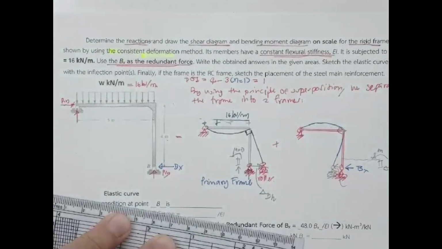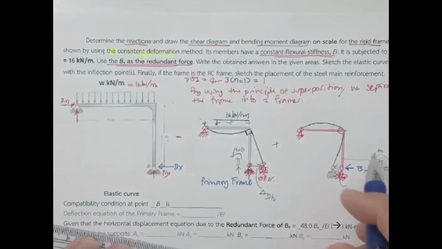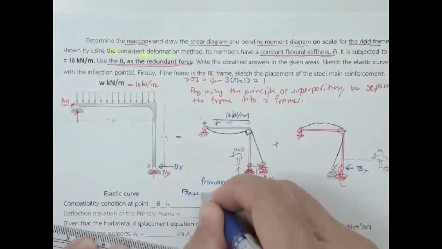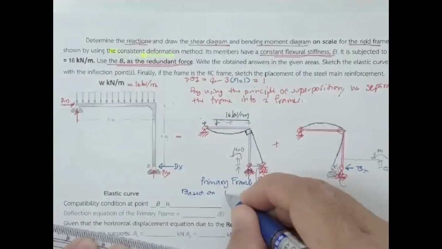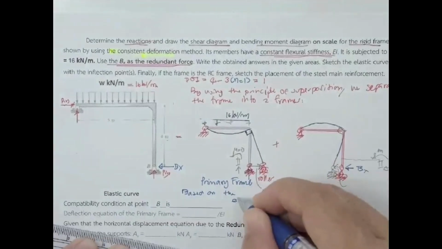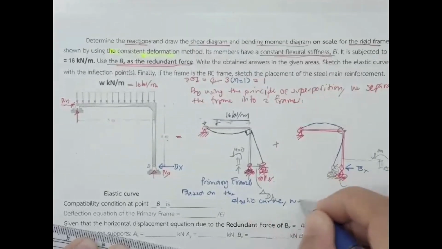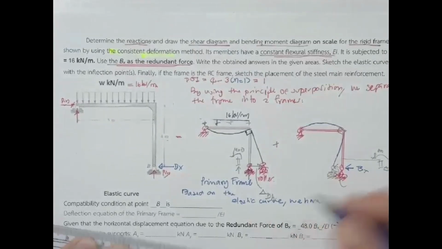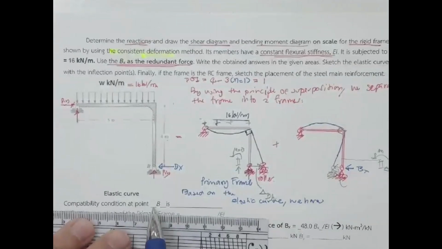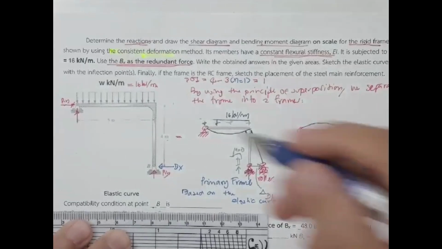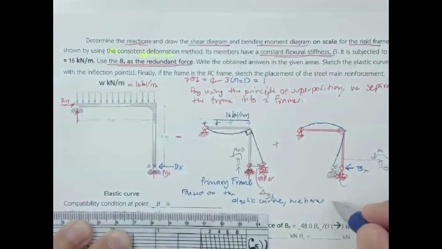Okay, so based upon the elastic curve, we have the compatibility condition at point B. Okay, compatibility at point B, what? This is going to be 0 equal to